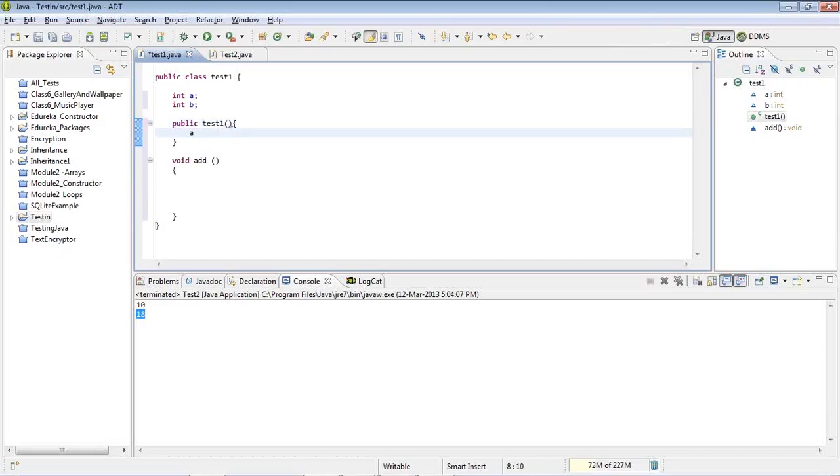In this I'll initialize the value of a equal to, and this constructor will take two values. Now this constructor is not actually a method. Never confuse a method with a constructor. A constructor will always have a name that is equivalent to the class name, and it will not have any return type. It won't return anything.